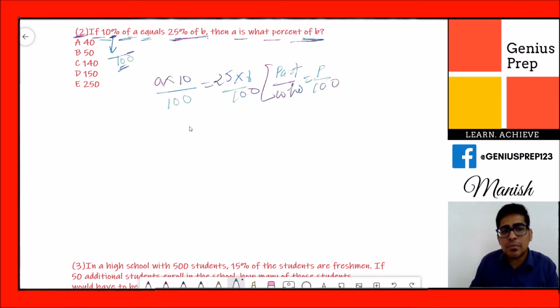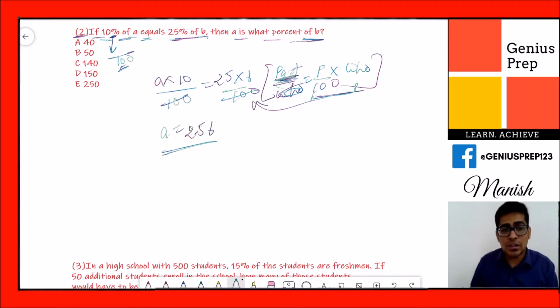So it is saying 10% of equal to, so that means this part. Okay, we are comparing this part with two different equations. So this is our equation we are using here. You solve this 100 cross 100, then A is equal to 2.5 times B. Okay, this is not the answer. What is the question? The question is, then A is what percentage of B.